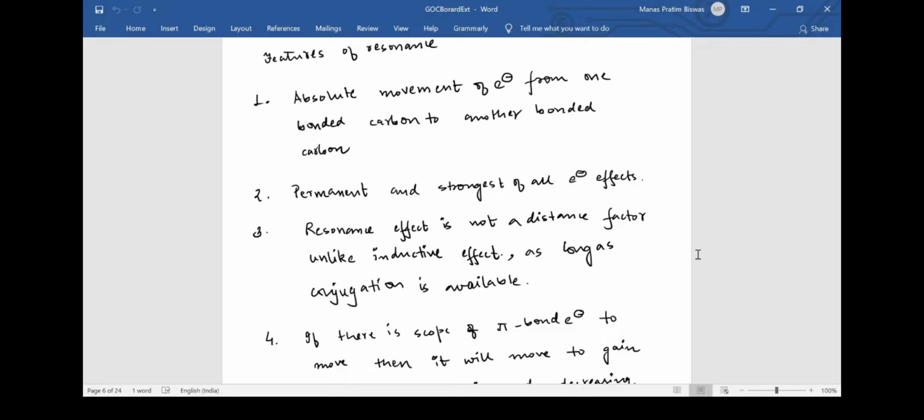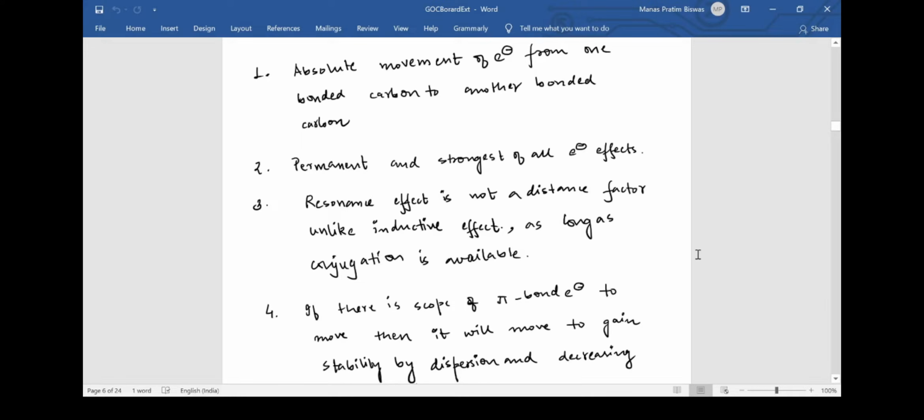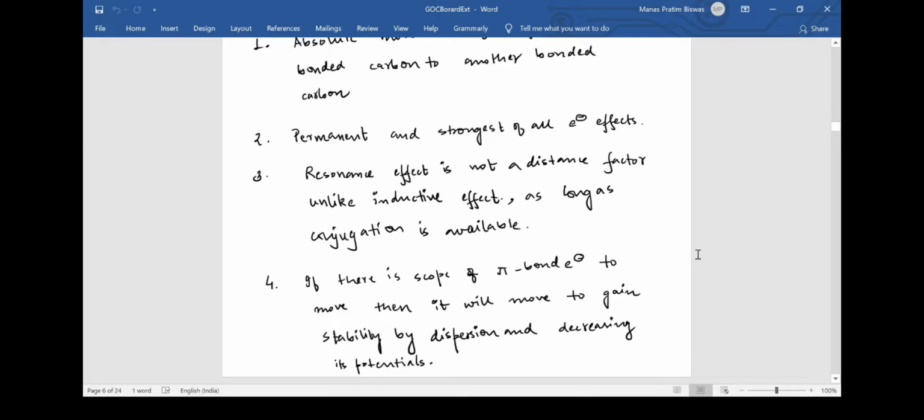What permanent effect means is that as long as the molecule remains intact, resonance will happen. But the inductive effect might not happen all the time, because the force distribution of other molecules around the molecule also affects how the inductive effect is going to take place. Like there are London forces and other forces in nature that might hamper the inductive effect, but the resonance effect is a permanent effect. It's not a temporary effect like the inductive effect.